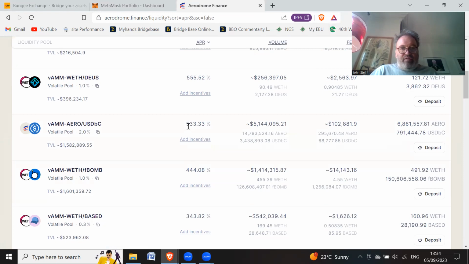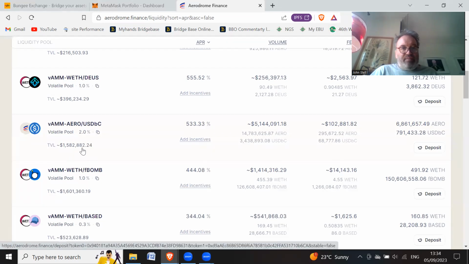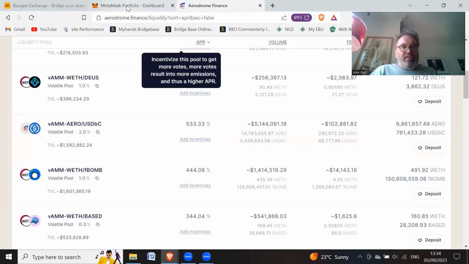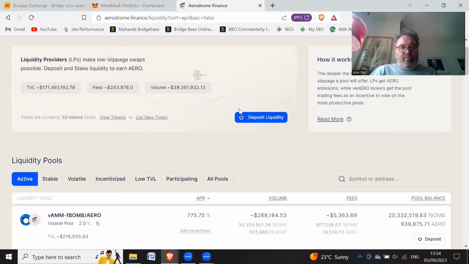I'm going to go for this one, 533% per year. Okay. It's got a decent TVL, $1.5 million. Okay, and it's got Aero and USDC. So I think that's a decent value. So what I'm going to do is